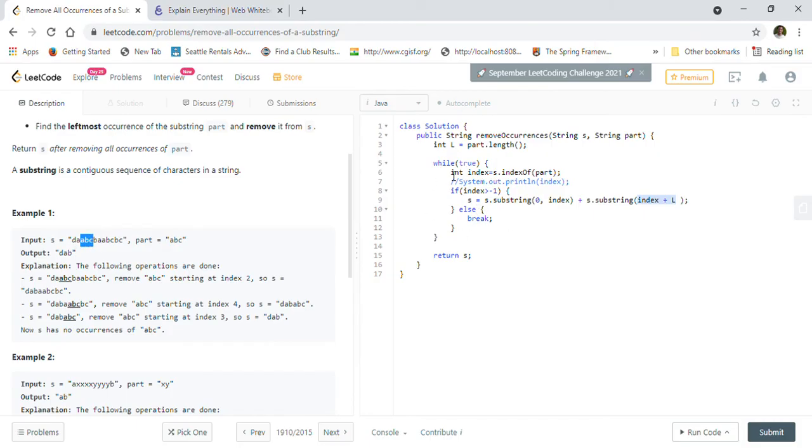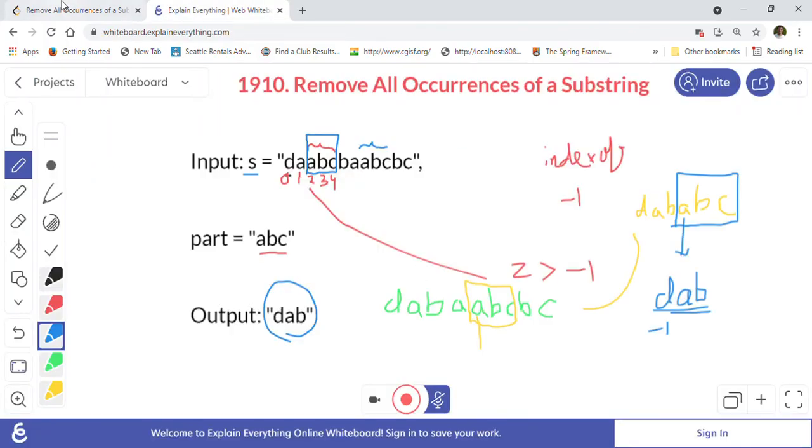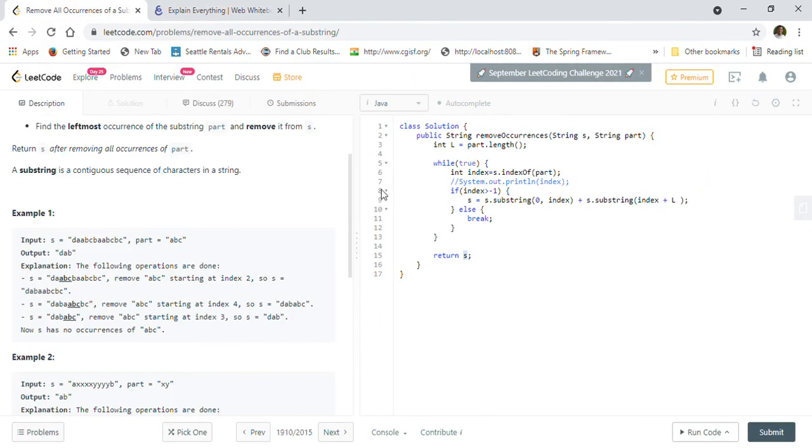And then again the loop will continue, and again it will try to find the index of. So it is in a loop, and again it will modify the string by removing the ABC in this case, right? It will continue as long as it finds the index of the substring, or the part ABC, in the string s, and whenever it doesn't find one, it will just break out of the while loop, and at that time we already have our answer as s, right? And we will just return s as our answer. So I hope that I explained well with this example. So we can just get all the use cases that are given to us and make sure this solution works.